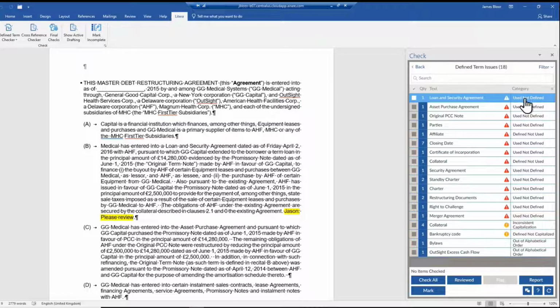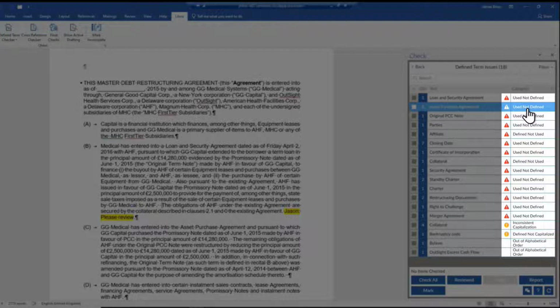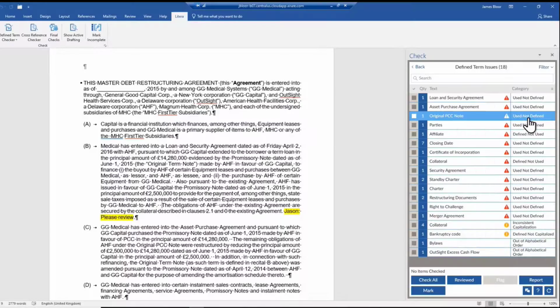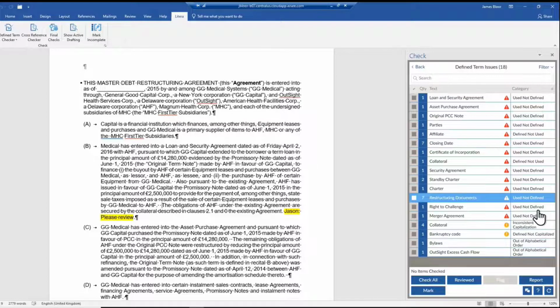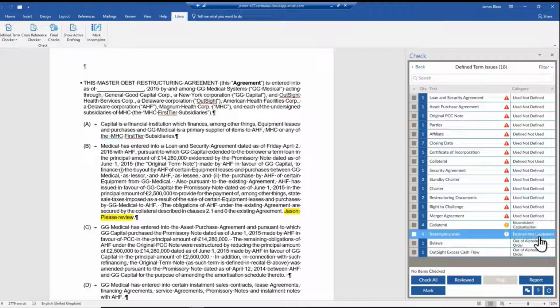First thing to note, we've got a number of categories here: used, not defined. Now this will be by far the biggest category, and I'm going to look at a few tips and tricks when working with that to filter that list. We've also got defined not used. We'll run through an example of that as well. Inconsistent capitalization, out of alphabetical order, and we'll run through an example of each of those categories. So the first one,